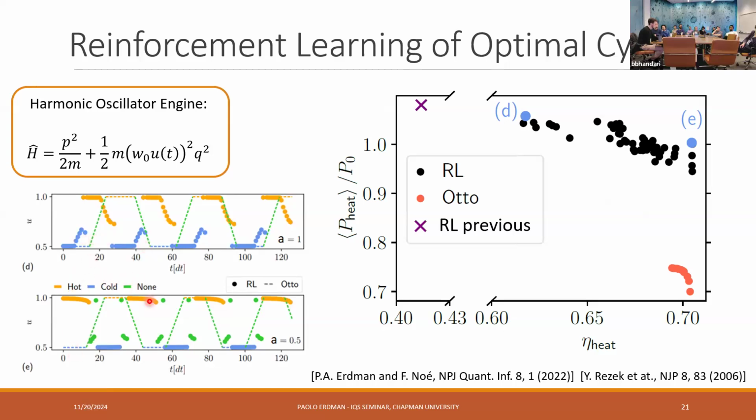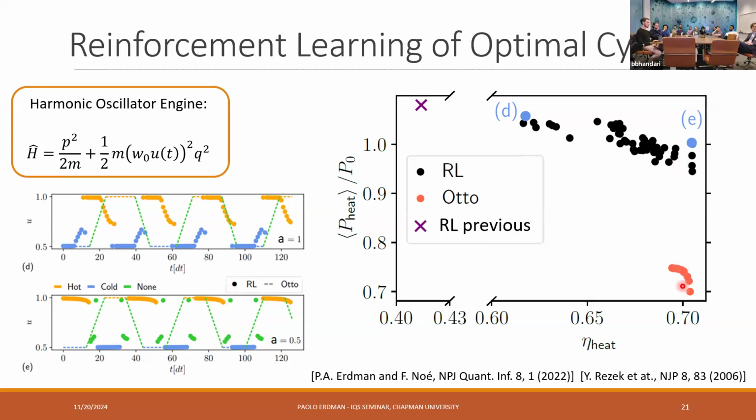In fact, they look quite similar. There are these additional jumps. Here, let's say this is unitary. Green means that you're decoupled from the bath and you're just doing unitary evolution. I think what's happening is that the specific unitary transformation implemented by this control is mitigating the quantum friction that is also present in this model. When you change the control U, the Hamiltonian doesn't commute at different times, so you have some power losses due to generating coherence in the instantaneous eigenbasis. Here you're doing a unitary stroke before switching from the hot to the cold bath, and by doing this, I think this gave us some advantage.